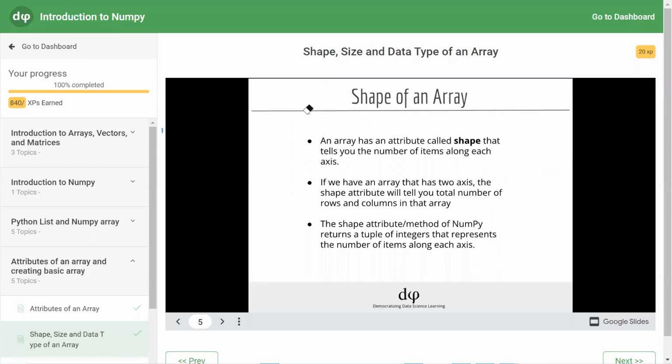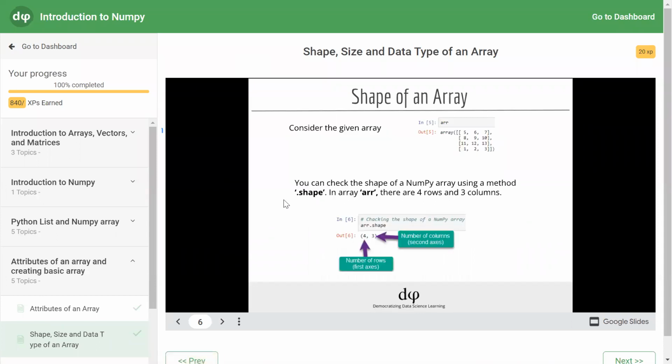So for arr, which was created by us previously, a 4x3 matrix containing 12 elements, if we run arr.shape, it returns a tuple containing the values 4, 3, where 4 is the number of rows and 3 is the number of columns.